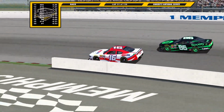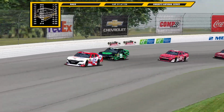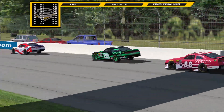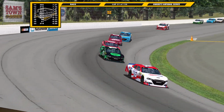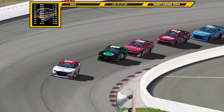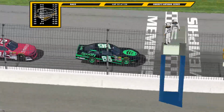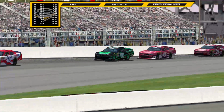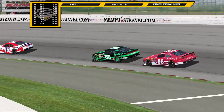as now he sends it underneath the inside of Luke Martin, the defending Sony Cup Series champion, though dropping down to the Napa Truck Series and currently a points leader in that series for a reason, showcasing his dominance, but losing out to Jake West there. Luke Martin's had quite a season in the Napa Truck Series with so many wins under the column. He's really punching above his weight with this 86 car as well, showcasing that he is one of the titans